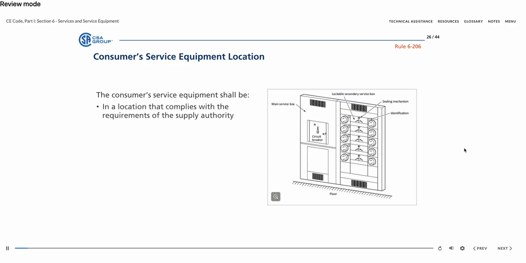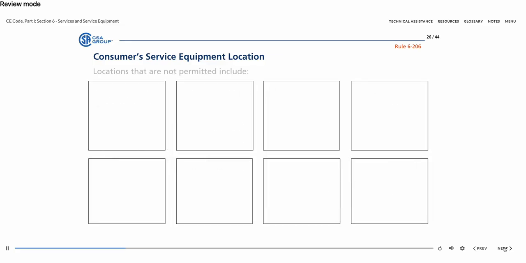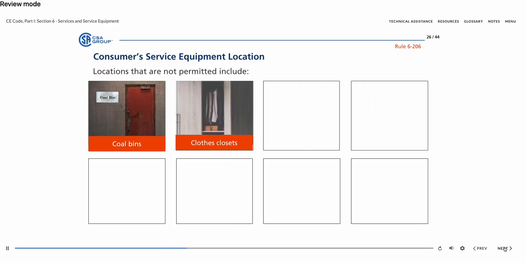Personnel should have a safe and adequate working space when they service, operate, and maintain consumer service equipment. Rule 6-206 lists the requirements for the location of the consumer service equipment and specifies the locations that are not permitted. These locations include coal bins, where coal dust can cause short circuits in the panel because of tracking and can present a fire or explosion hazard; clothes closets, where access can be difficult and the contents of a closet can present a fire hazard;